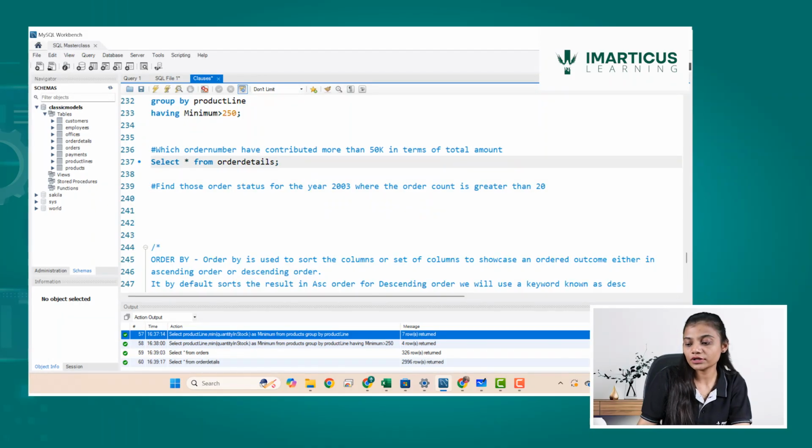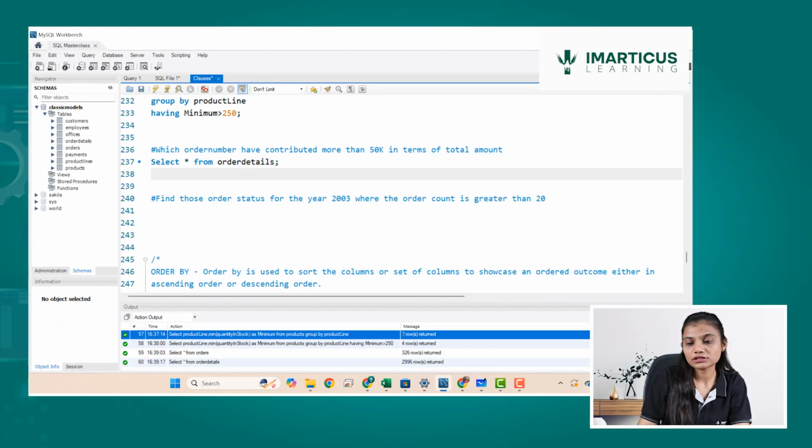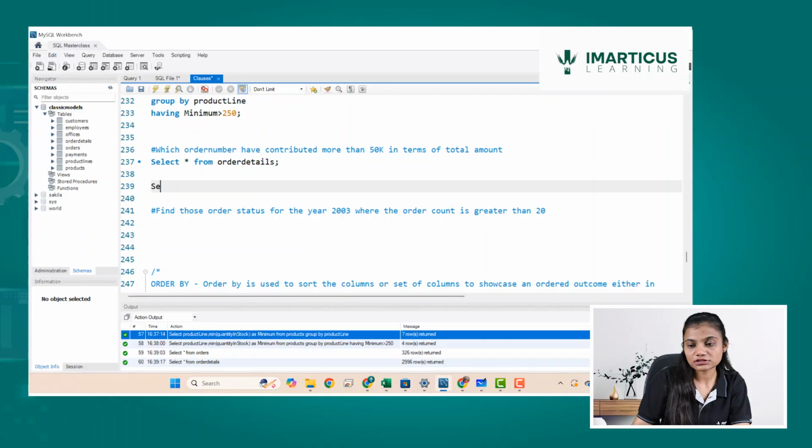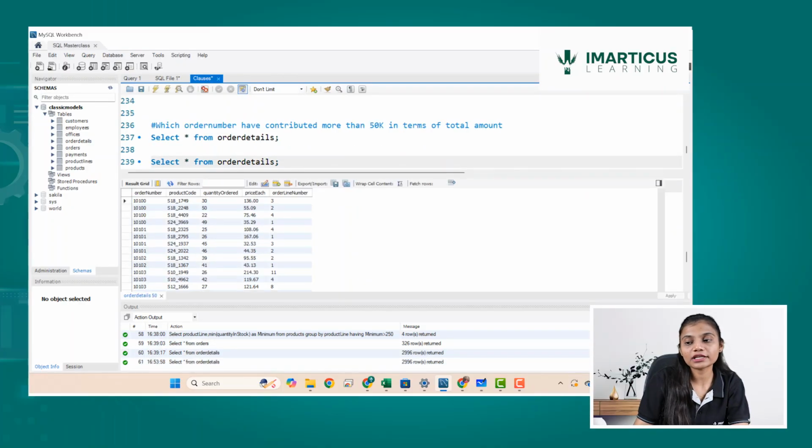In order to do it, what I'm going to do is select star from order details, and as I said, you cannot use where clause over here, so I cannot write where total amount, and total amount as a column is still not available for me.